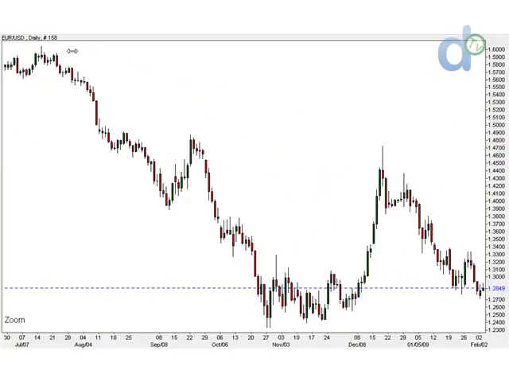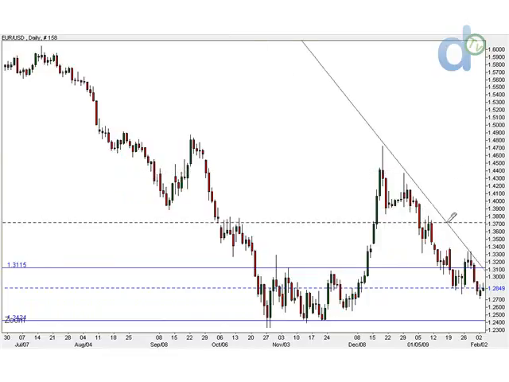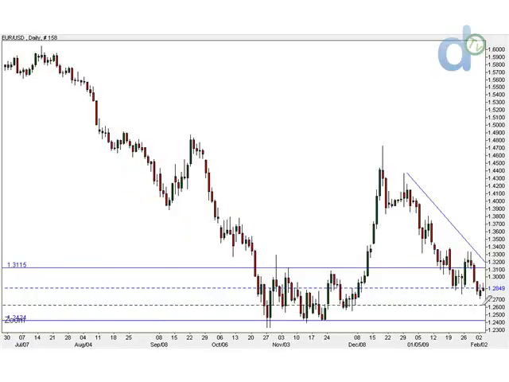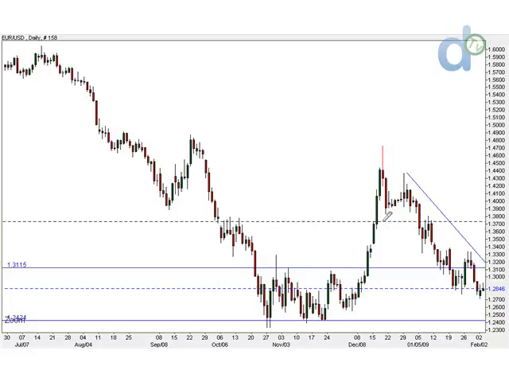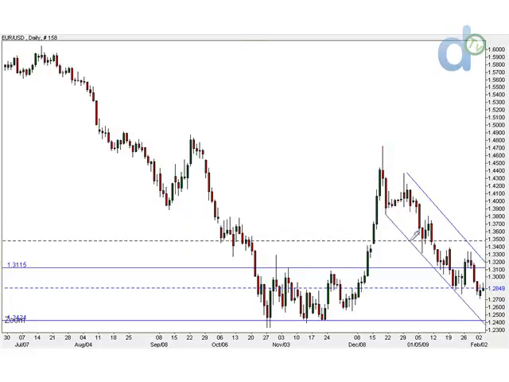Alright, the next chart I want to show you is the Euro-US dollar. It's a daily chart. You can see that we have now headed back into this consolidation area. Things still don't look that good in the European markets, in the European economy, but then again, it doesn't look good anywhere. So what we're looking at the moment is further consolidation. We could head slightly lower to around the 126 area. I'm not looking for any major movement unless the ECB, the European Central Bank, surprises and states that they intend to continue reducing their rates.